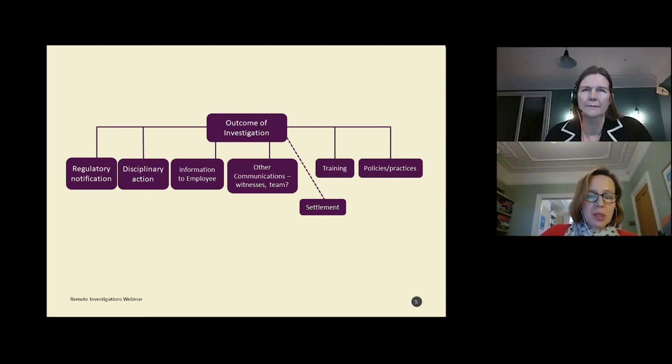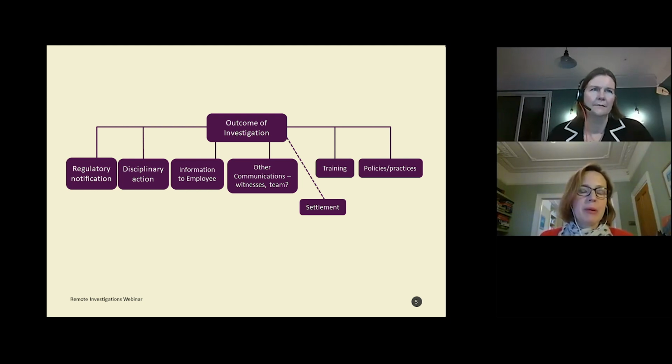And of course, one possible, not uncommon outcome of any complaint is that one or more of your employees ends up leaving. Now, this might be the person who raised the complaint, it might be the person who was complained about, it might be both. And you may end up entering into a settlement agreement with the departing employee, depending on the circumstances. I think settlement agreements are really something of a separate topic in themselves, but there's one point that we thought was important to highlight here about settlement agreements in a context where a complaint has been made,